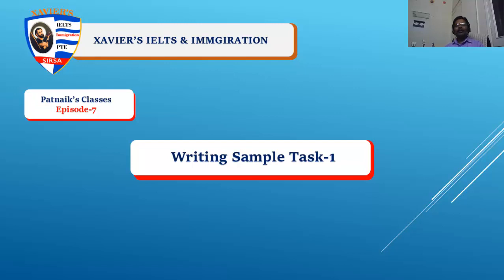And in today's episode, I will be discussing how to plan the Task 1 write-up of academic writing. In this series, what I did till now is I tried to explain how to frame the introduction, how to frame the overview, and how to plan BP1 and BP2. But in this particular episode, I will take an example of a graph, and we will go step by step through the write-up.